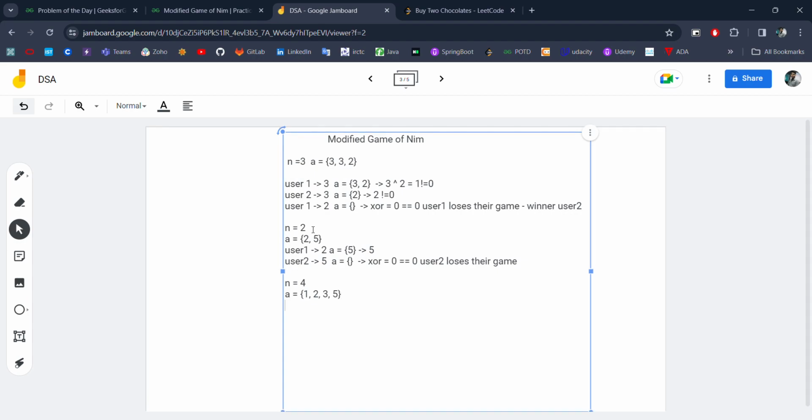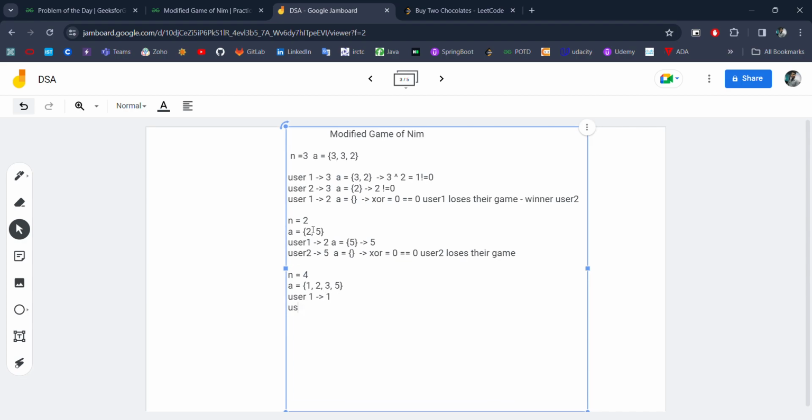In that case first user will pick element 1, user 2 will pick element 2, user 1 again picks element 3 and user 2 will pick element 5.